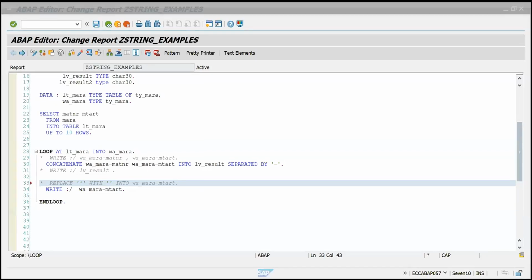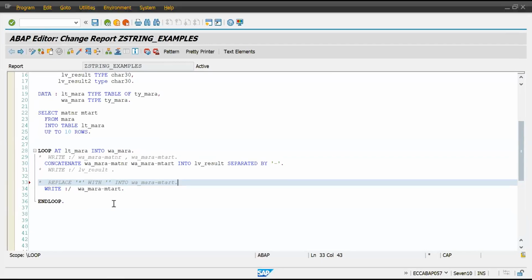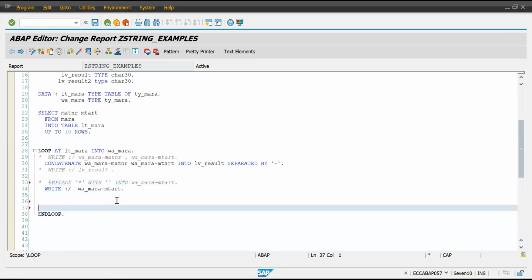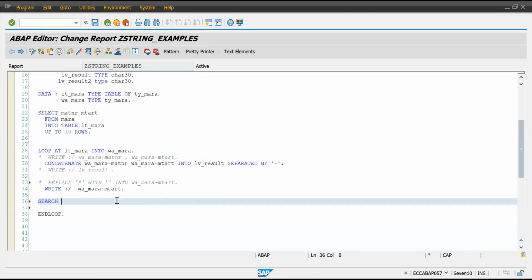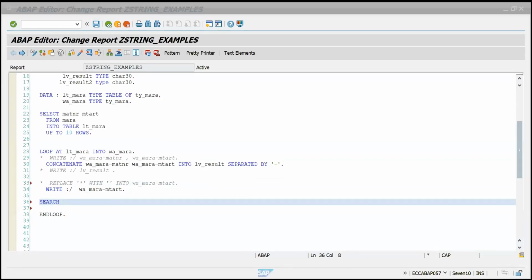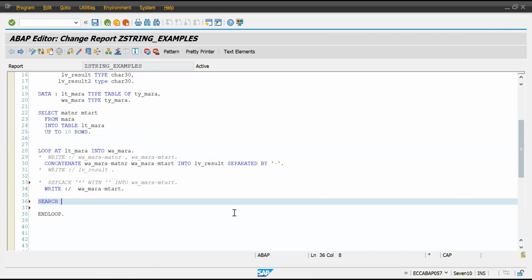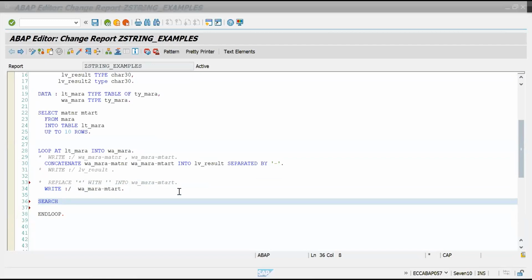We'll move to the next string operation, which is search. Okay, so search, you can see from the name itself why we are using this. Search is used if you want to search some keyword or some field or character in that string. So there we can use search. How can we use that? Just simply give search, and then